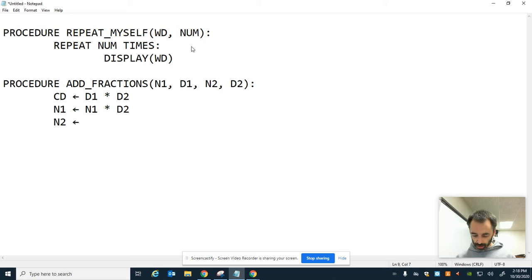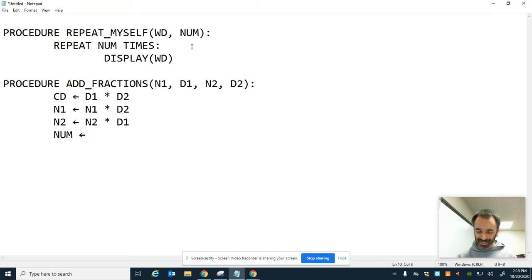Inside N2, I'm going to store the product of N2 and D1. So I'm not going to teach you how to add fractions, but this is how it's done, right? Like you're multiplying a numerator by the other denominator, doing that twice, and then we're going to combine the tops and put it over the product of the 2 bottoms. How about that? Okay, so next I'm going to declare a new variable called num for numerator,